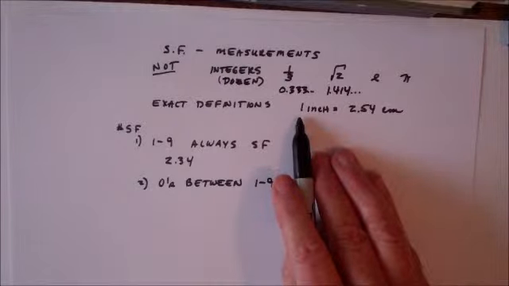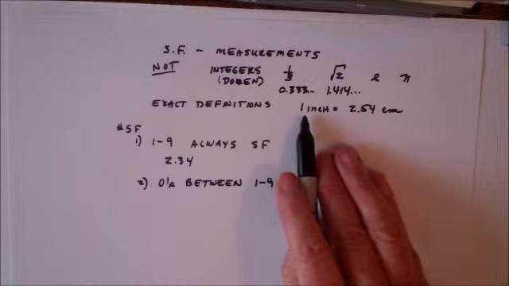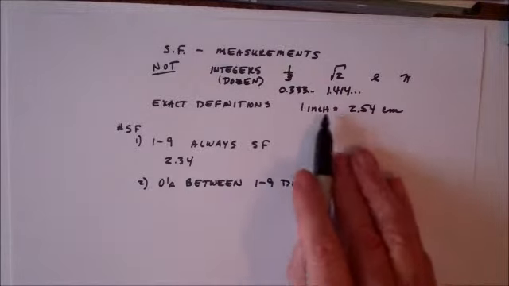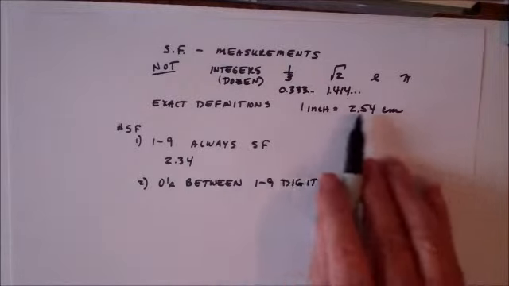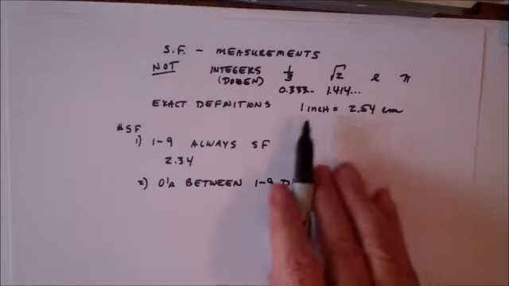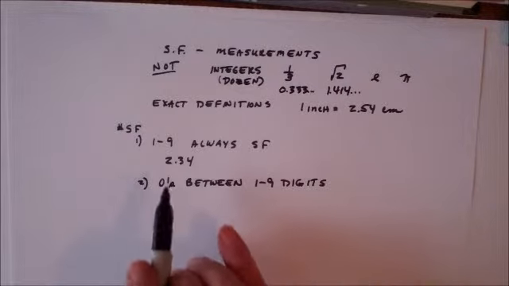The 1 inch does not indicate that there's only one significant figure here. We could, for instance, easily calculate the number of centimeters in 1.05 inches by taking ratios. So in this case, we can use these as a definition and calculate them to as many significant figures as necessary. So if we're given a number,